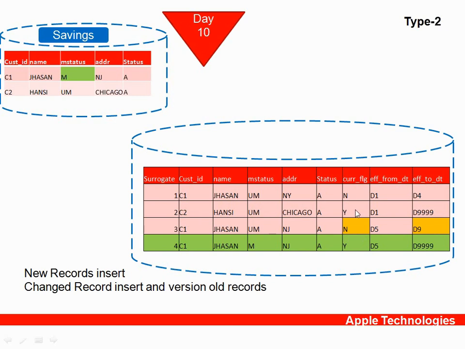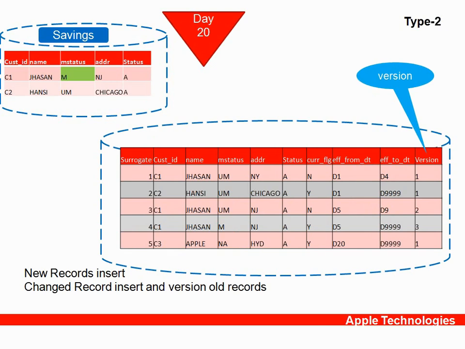One is C2, this record, and C1, this record. These are the latest address, latest information of the customer, and this is no longer current, this is no longer current, and this is a primary key, this is a natural key, and this is how a dimension type 2 table or typical dimension table exists in data warehousing. In addition to this, it is not important, just for your information sake, sometimes in a dimension table we will